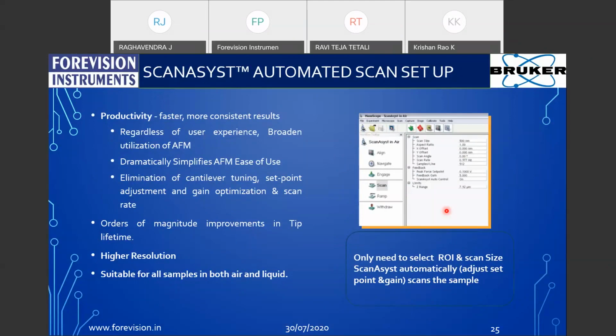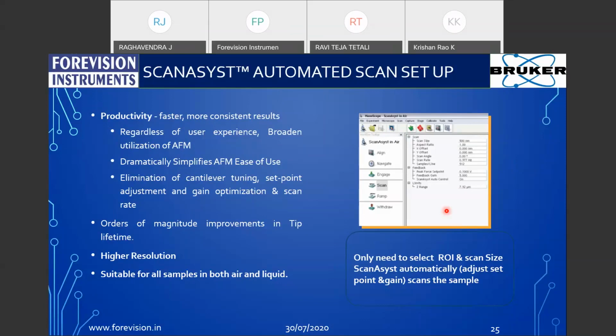Then ScanAsist will automatically adjust the set point and gain to get the most optimized, best resolution image. So it will give a better experience to novice users of AFM to get the highest possible resolution images from the AFM. And it also improves the tip lifetime